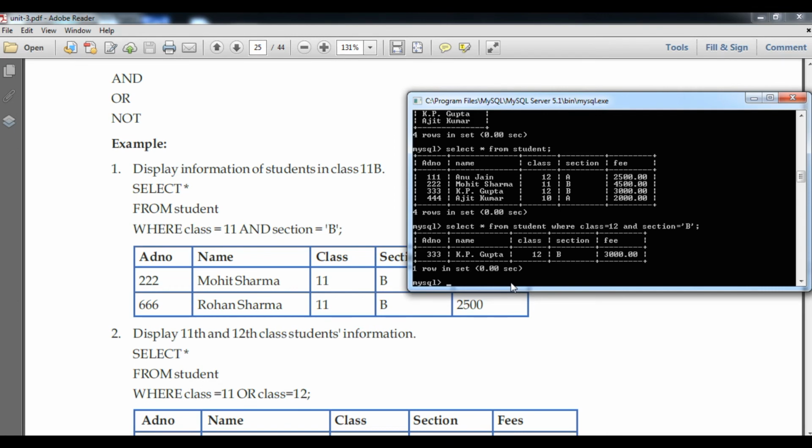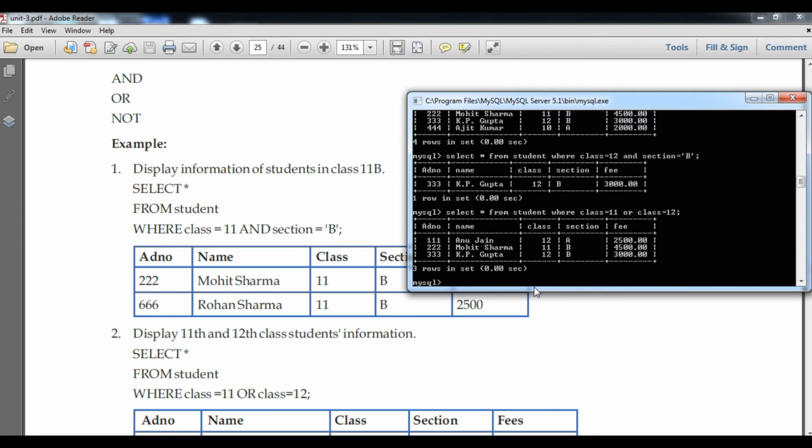Now we can say that I want to see those students who are in section B, either in class 12th or 11th. So how to do that? The command: select star from table name student where class equals to 11th or class equals to 12th.